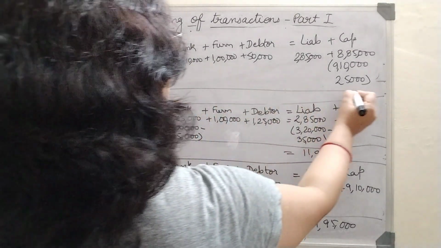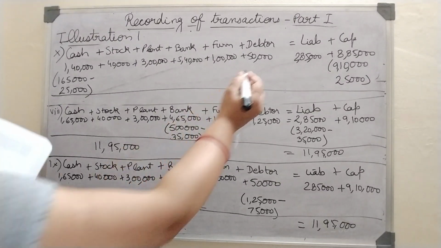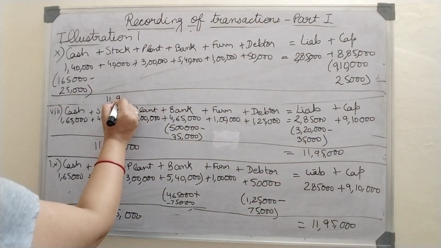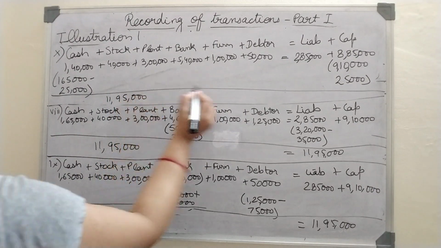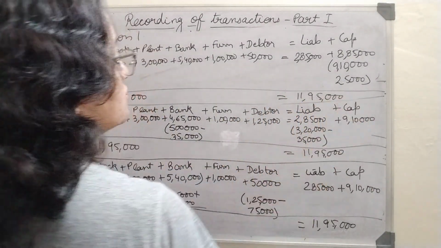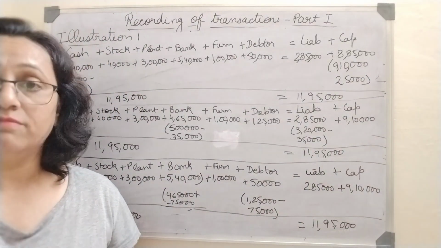So all this when we add, let us check the amounts. 1,40,000 plus 40,000 plus 3 lakh plus 5,40,000 plus 1 lakh plus 50,000 is equal to 2,85,000 plus 8,85,000. So it comes to 11,95,000 is equal to 11,95,000. So I have tried to simplify this whole illustration which is given to you, and I am going to